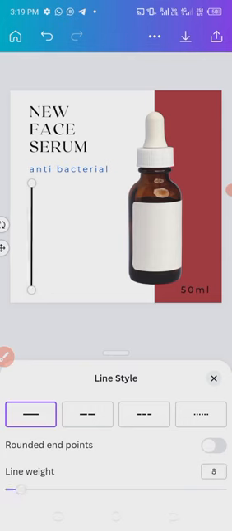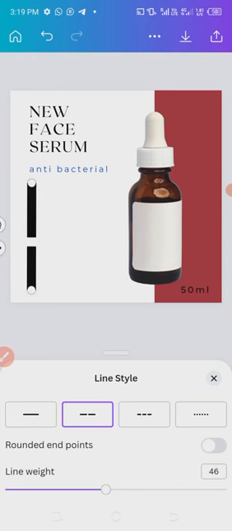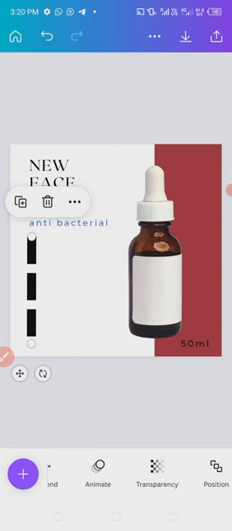I can decide to make it thicker. Do you see? Can make it thicker. I can break the line. I can break the lines into 3. So these are just the options that you can play around with, just to bring out what you really want. So that is that. If you want to animate it,